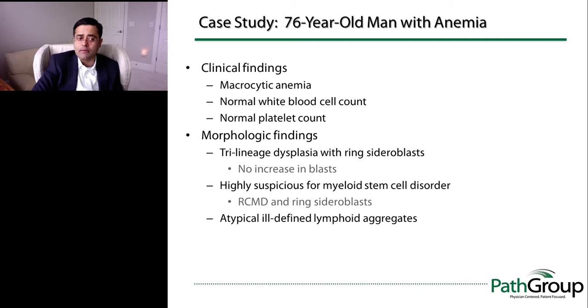The morphologic findings that are summarized here would support a diagnosis of myelodysplastic syndrome, and there were changes which I'll show on the next slide. And there was another finding of ill-defined lymphoid aggregates. So what does that look like? Here are the pathology images. On the left-hand side,